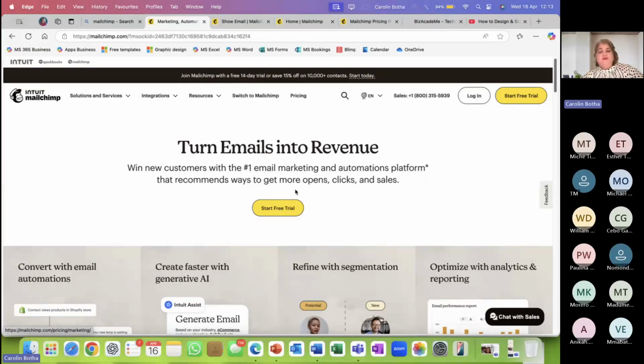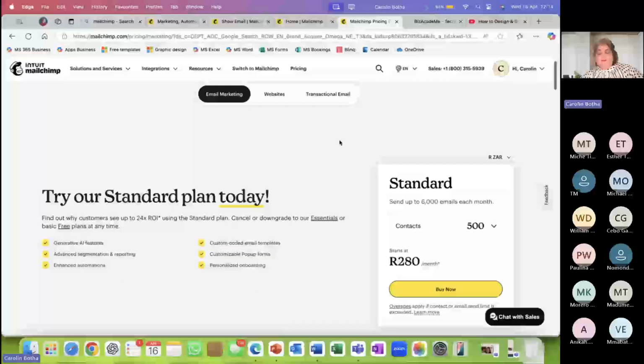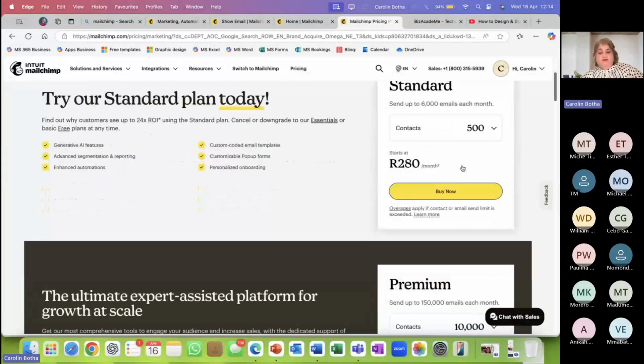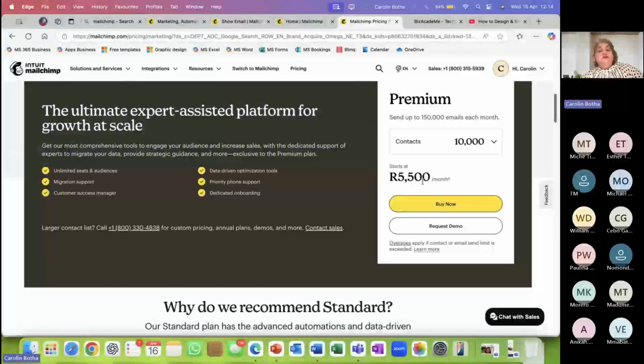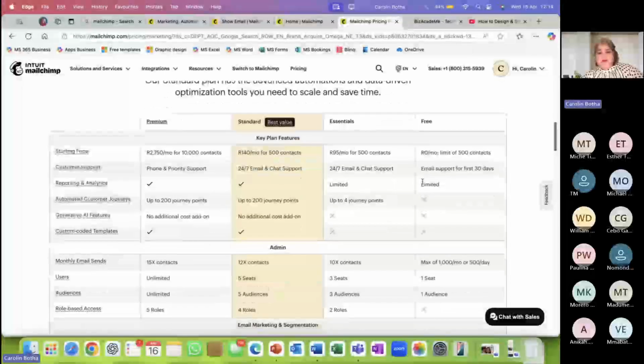And once you log in, you also get a 14-day free trial, and after that, a 15% discount on the subscription. So let me go and show you. Let me just get this out of the way. Let me show you the pricing. So the pricing for 10,000 contacts is 550 per month. I know, it sounds rough and tough, but let's rather move here.